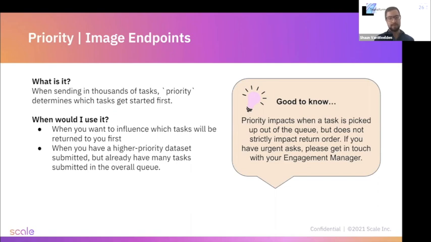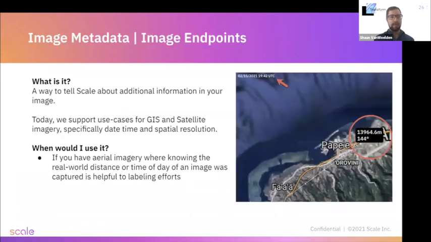The next thing I want to highlight is going to be very impactful for our GIS and satellite imagery use cases. We have a way to tell Scale about additional information, such as the real world distance or the spatial resolution, as well as some date times about when a particular image was captured that can be used to aid the labeling efforts. So I've zoomed in, I used our ruler tool inside of our platform, and I can now see that the point at which I had drawn was about 14 kilometers based off of the spatial resolution of